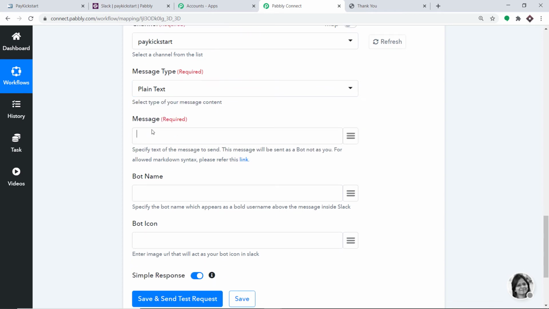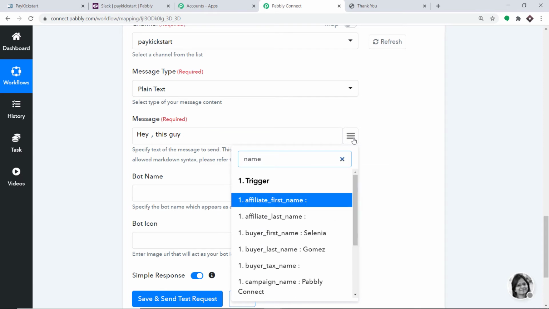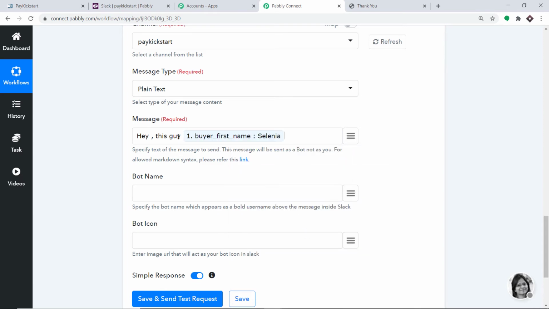Now we are going to frame a message. The message will be very simple. Hey, this guy, and we are going to enter the name. So we are going to map in the name, and this button is called the mapping button. Just click this, and the name was Selenia, this girl or this person. Let's make it a general neutral thing. This person